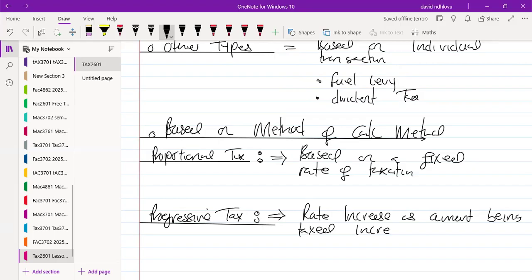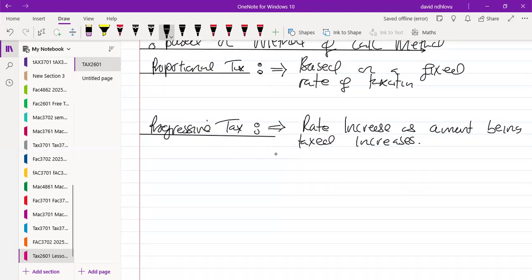We all know this from employment. Our tax brackets at work do differ. The higher the salary, the higher the percentage of tax that you are charged. The lower the salary, the lower also the rate of taxation. So this is a tax that seeks to cushion the poor from the adverse effects of taxation, but taxes significantly higher those who earn a higher income. So we call these progressive taxes, right?